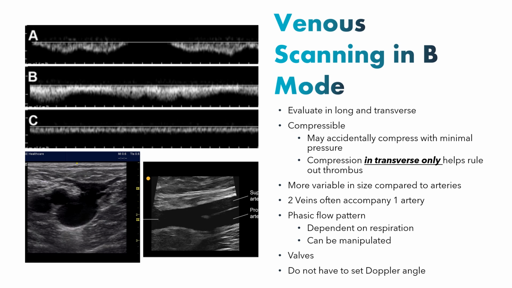And then other things like heart diseases or other things can also affect the state of the veins. It is really common for two veins to accompany one artery. In most of our extremity systems, we'll find that. We know that rather than following a pulsatile flow pattern, our veins are going to follow the phasic flow pattern with our breathing. So as we talked about last week,